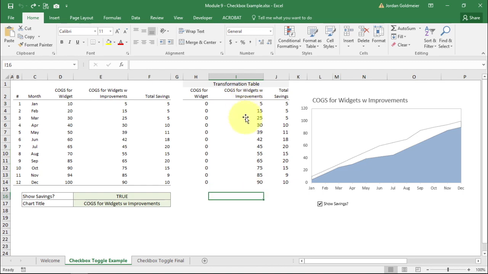That doesn't mean you shouldn't edit it. It just means that as you make edits, make sure that on the presentation layer, they are as you would like them to be. So I also want to point out here that I have this Show Savings named range